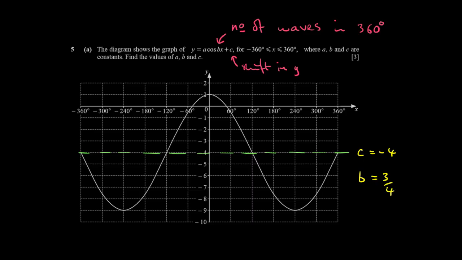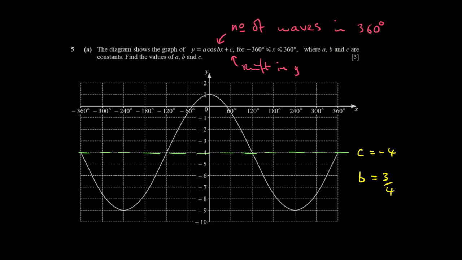But let's try to be a little bit more rigorous than that. Let's say B was 2, right? So B was 2. That means we have 2 waves in 360. How big would each wave be? Well, it would be 360 divided by 2. Correct? Because if I've got 2 waves in 360 degrees, then each wave must be 360 degrees divided by 2, must be 180 degrees. In the same way, if B was 3, which means that there would be 3 waves